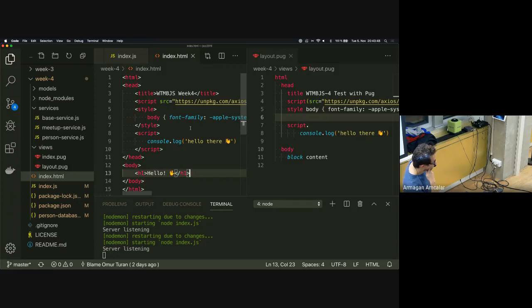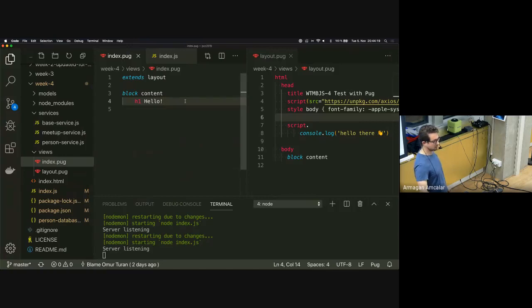Yeah, it's the first time you're seeing the pug file. Exactly. The question is, if I have the pug files, do I need HTML files? And you don't. The index HTML is just for demonstration purposes. We don't need to use it. We're not going to use it. We have a layout pug and an index pug. And actually, we're going to be adding new pug files, new templates. We call them templates. We're going to add new templates to render different aspects of our code base, for example, listing the meetup users or all the people in our code base. We're going to add different pug templates for them, and much like index pug, they're going to